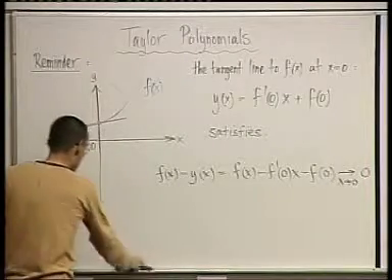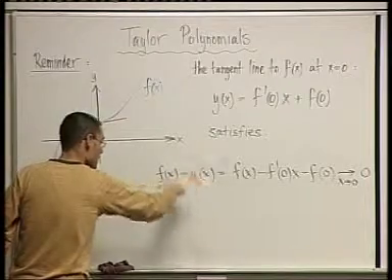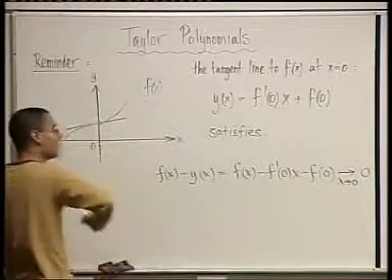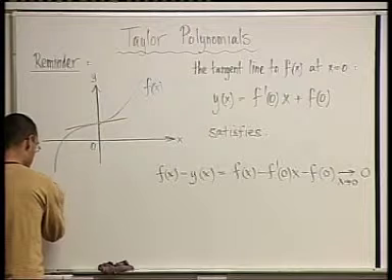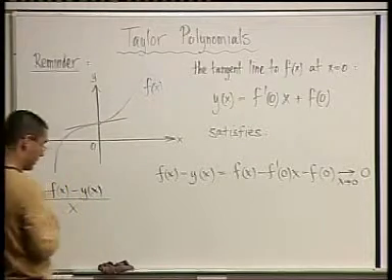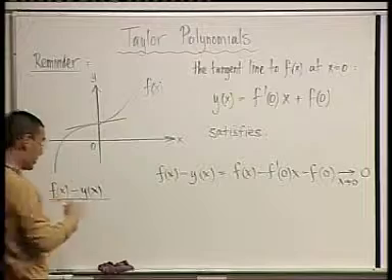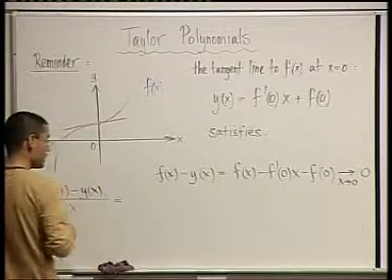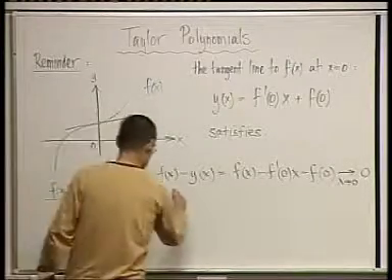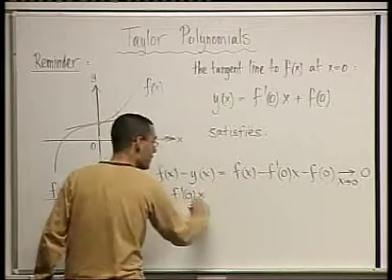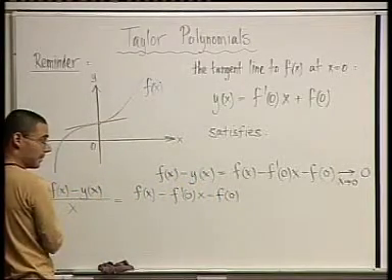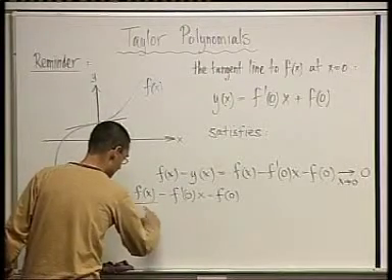I want to show you that, in fact, the property that we see here of getting closer and closer to the function itself as we approach 0 can even be strengthened in the following sense. If we look at the difference between f and the tangent line and divide it by x, we will still see that that goes to 0. So let's first see that and then say what it means. So I'm going to write f. Then I'm going to write y of x, which was that thing. So it's minus f prime 0 x minus f at 0. This is the numerator. And now I have to divide that by x. So dividing by x, I get f of x over x